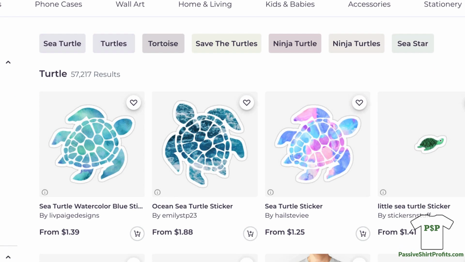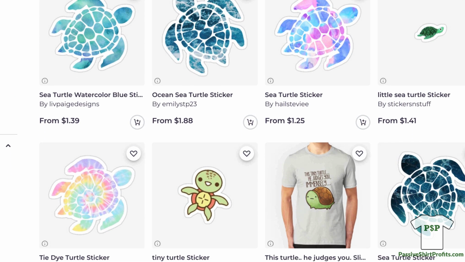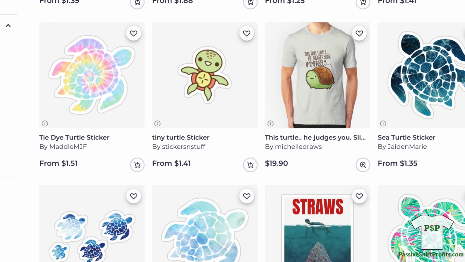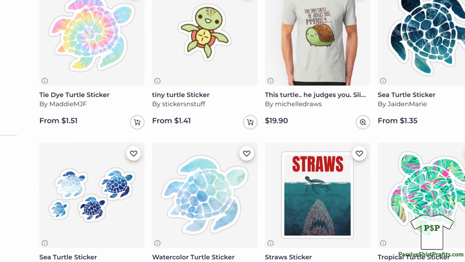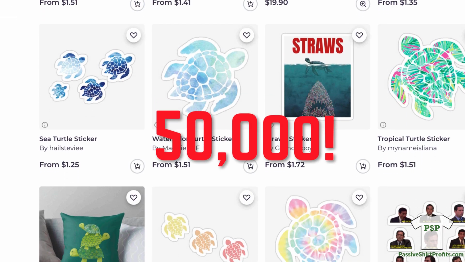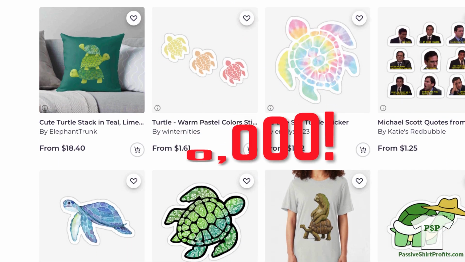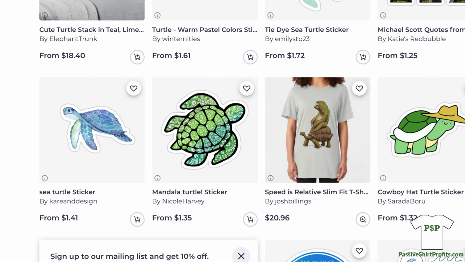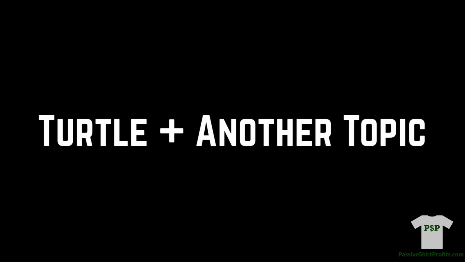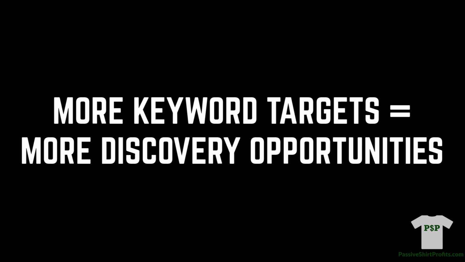Turtle designs seem to be extremely popular on RedBubble. One way you can tell is by the number of results. Right now, there are over 50,000 turtle designs, just generic turtle. So how is a new seller going to compete with such a phrase with so much competition? This is when you consider combining this idea with a keyword that is less competitive. This will give you more keywords to target